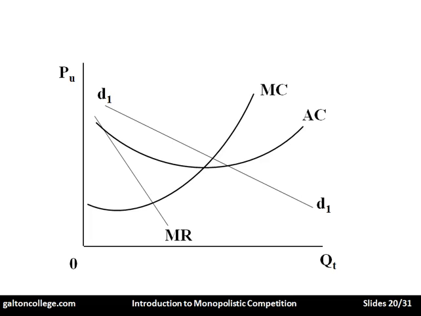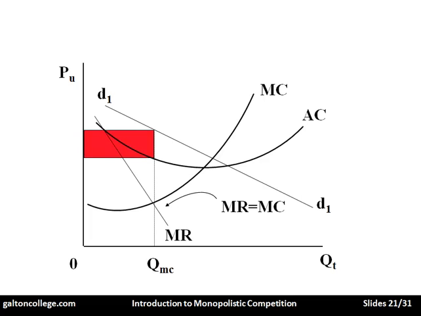And don't forget, all the companies in the market will have essentially the same cost structure. They're all identical, producing more or less identical goods, very slightly different. That's why the demand curve was slightly downward sloping. Now here we've got a situation where marginal cost cuts marginal revenue. Marginal cost is equal to marginal revenue at one point, and the marginal cost curve is upward sloping. So that is the point of profit maximization. Marginal revenue equals marginal cost, and we've got QMC. That's the quantity under monopolistic competition, QMC.